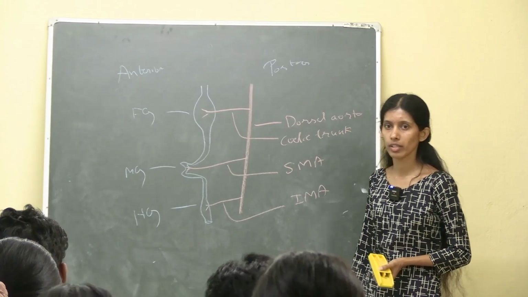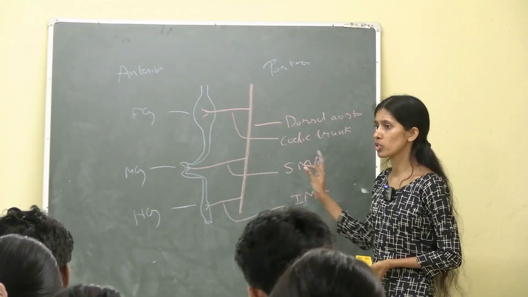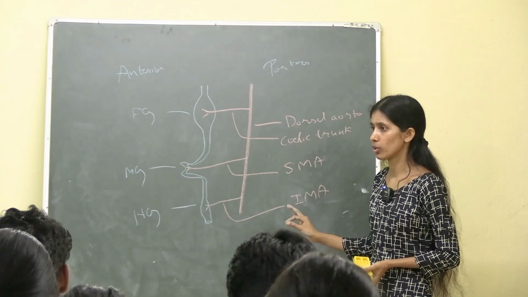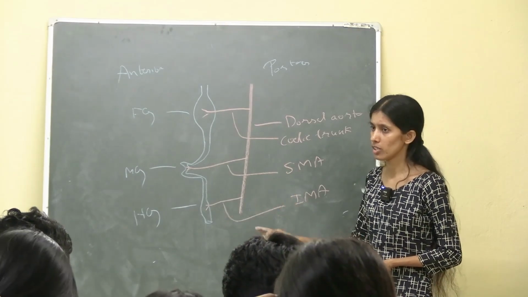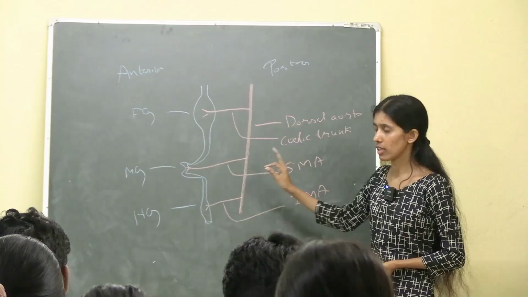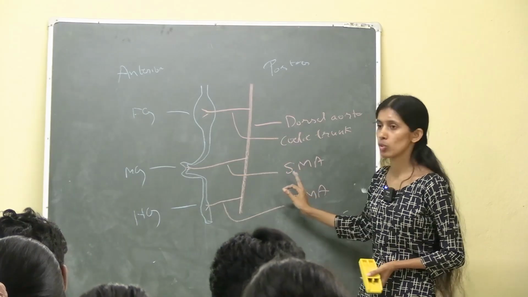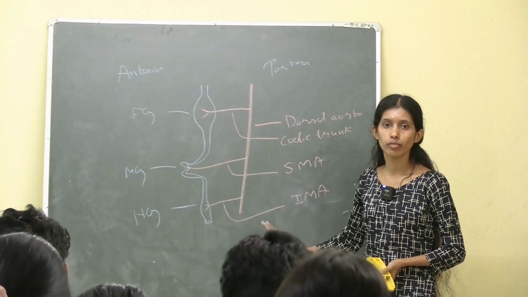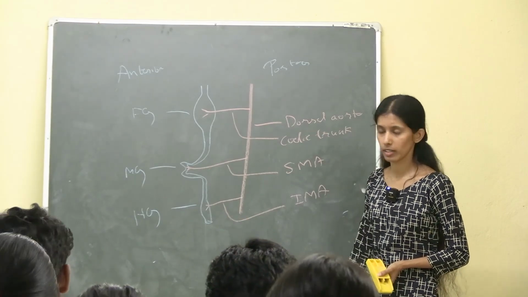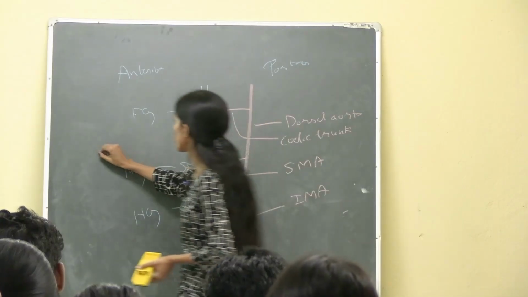Is it clear for everyone? On the posterior side we have the dorsal aorta. Branches from the dorsal aorta will supply your gut region. Foregut is supplied by celiac trunk, midgut is supplied by superior mesenteric artery, and hindgut is supplied by inferior mesenteric artery. If you remember the folding structure,